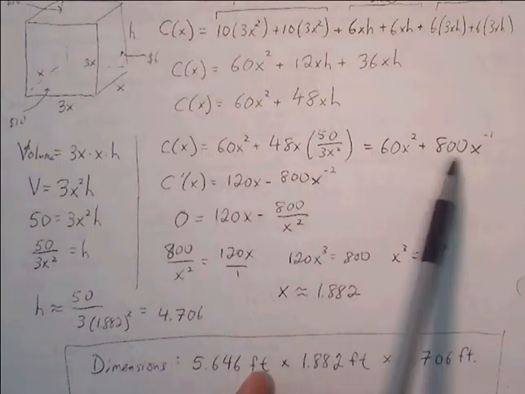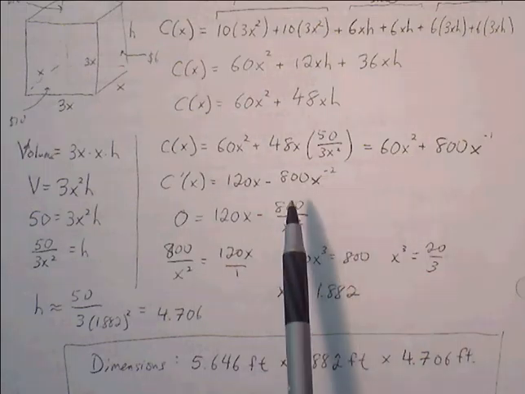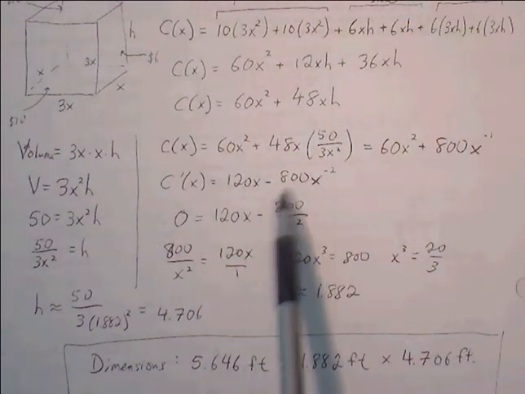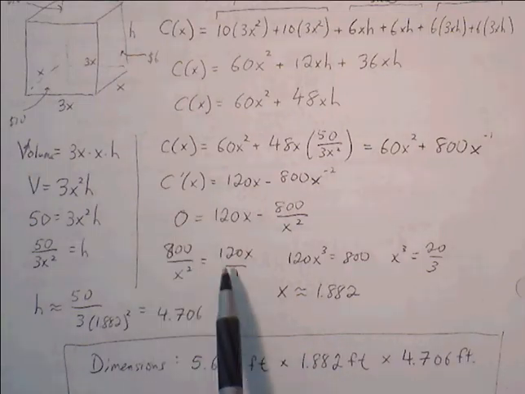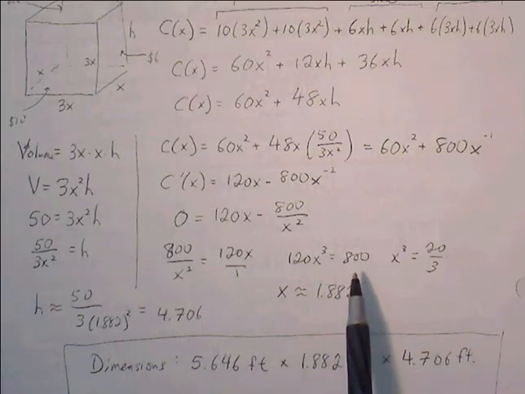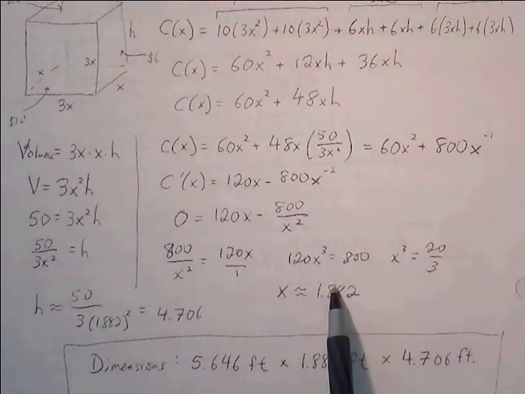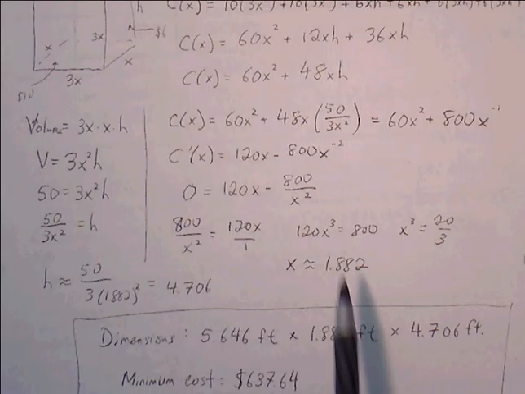Now we can find the derivative. So 60x squared becomes 120x. 800x to the negative 1 becomes negative 800x to the negative 2. We can find the derivative, which we did. Set the derivative equal to 0, and then solve for x. And we get x cubed is 20 over 3. If we take the cube root of that, which is roughly 1.882,